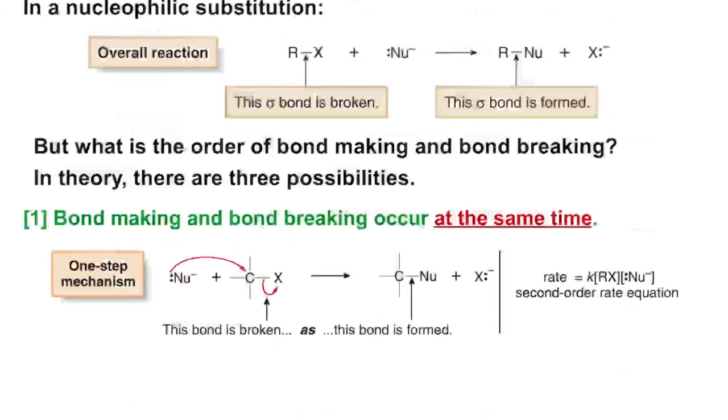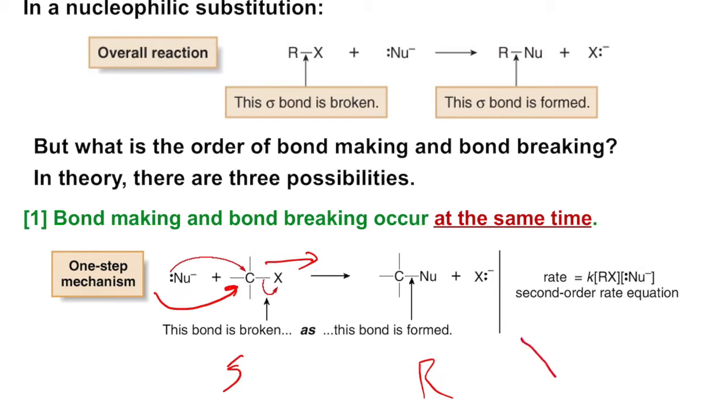The mechanism of nucleophilic substitution reaction is back attack. The leaving group leaves from that side and the attack is from the back side, and we have inversion in the structure. If we have an S product, we will have an R product. Okay guys, if we have the X on one side, the Nu will be on the other side,